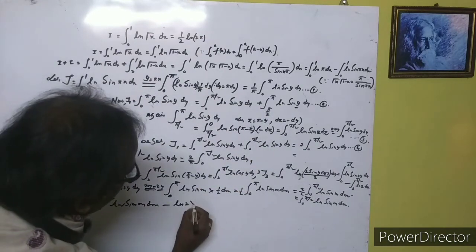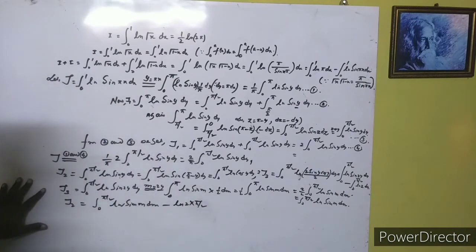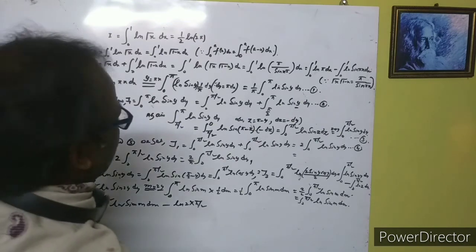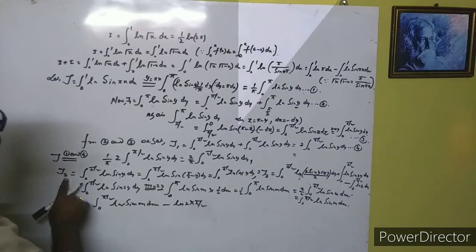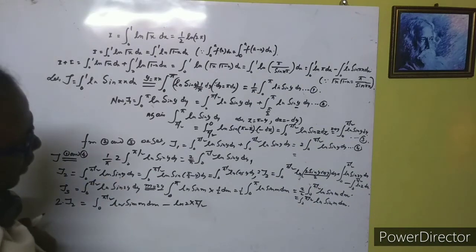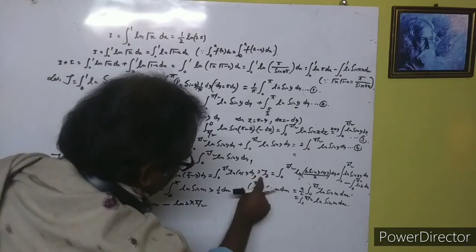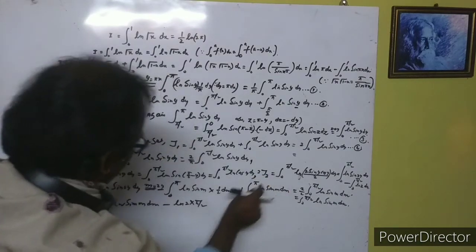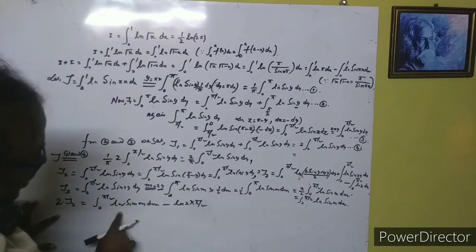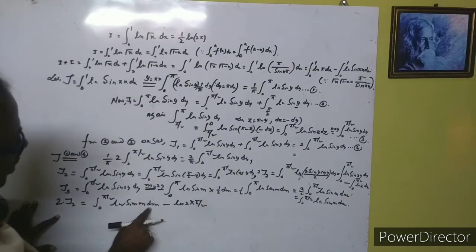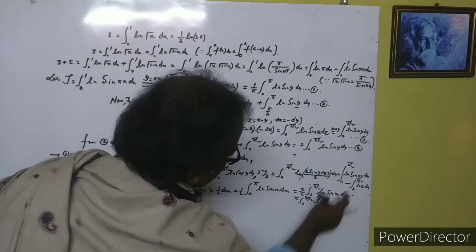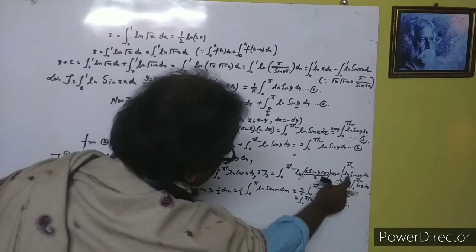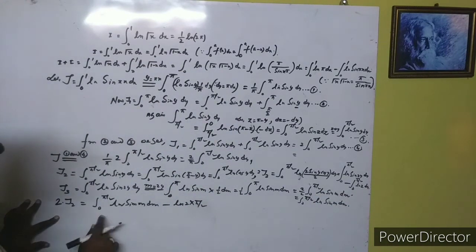So this is pi by 2 into ln 2 here. See, this is j2, and j2, this is here integral 0 to pi by 2 ln sin y dy. Okay, there is a 2j2, this is the value of 2j2. So 2j2 is equal to integral ln sin m dm minus pi by 2 ln 2. This is the value of that, substitute here. So we get 2j2 is this.